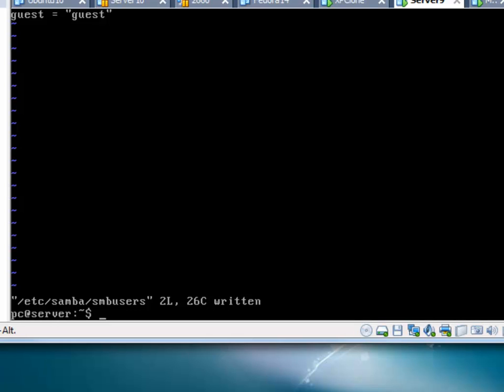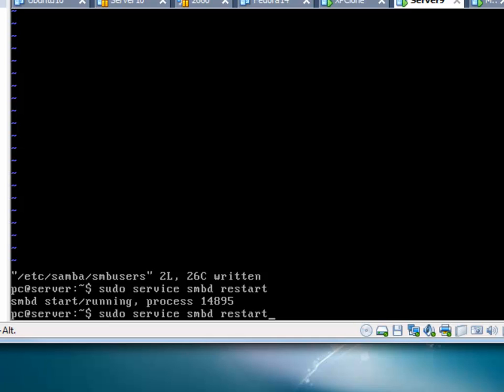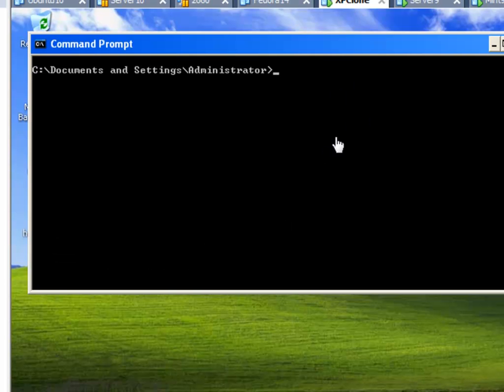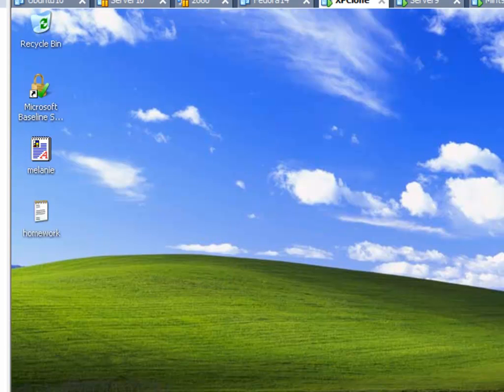Here we go. Now we need to restart two services. We need to restart SMBD, the Samba daemon, and then NMBD, the NetBIOS name server daemon. So we can type sudo service smbd restart, and then nmbd restart. Okay, so you see that it says that it was stopped and started, and it's now running, and these are the process IDs. Let's go back over here, close this,